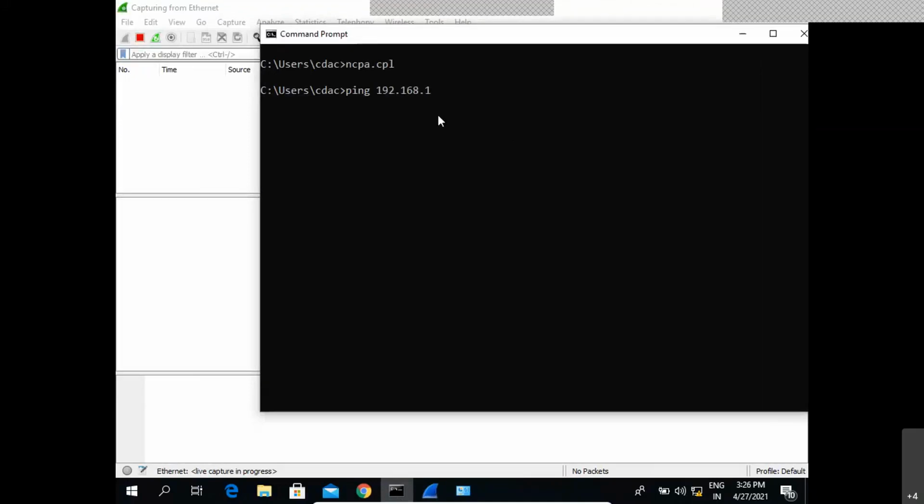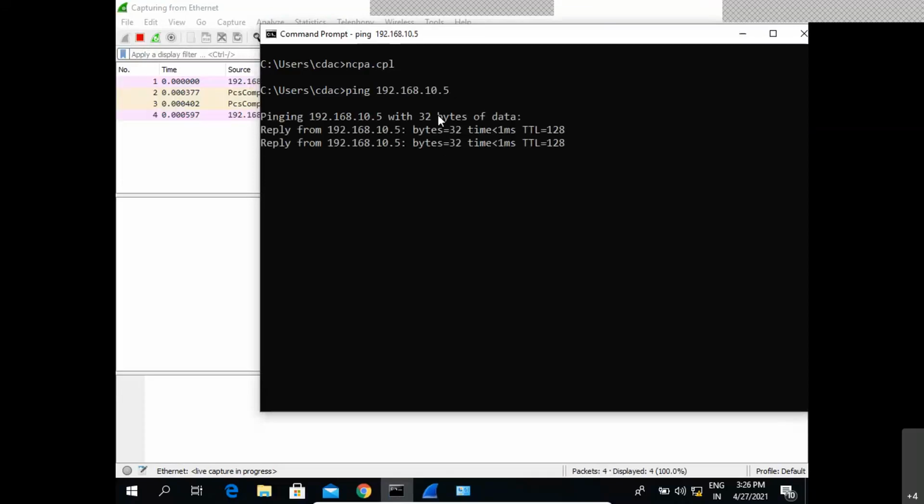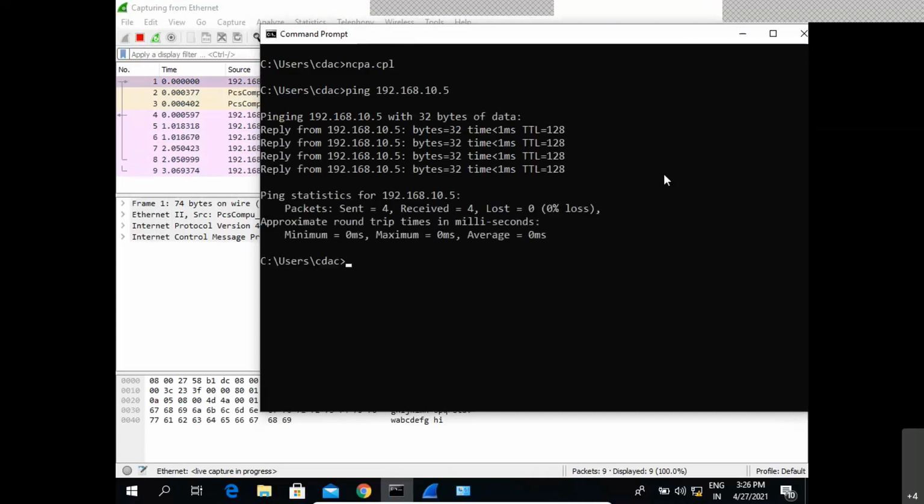I think we have already seen the same kind of commands in the information gathering techniques. So the command is ping, space, the destination IP address.